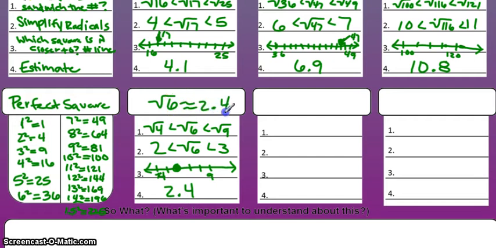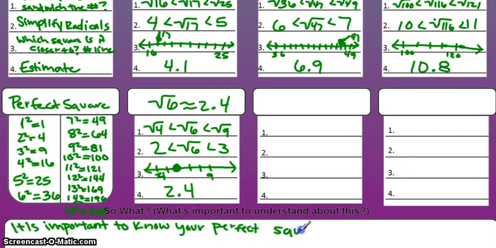Okay, we're not going to do those last two examples because I want to make sure this video is within a timely manner. So we're going to go down to the so what part. So what? It is important to know your perfect squares. Okay, it's important to know your perfect squares, and remember,